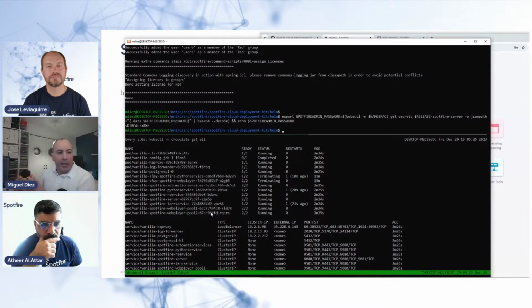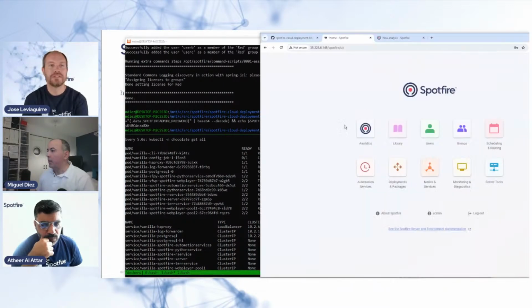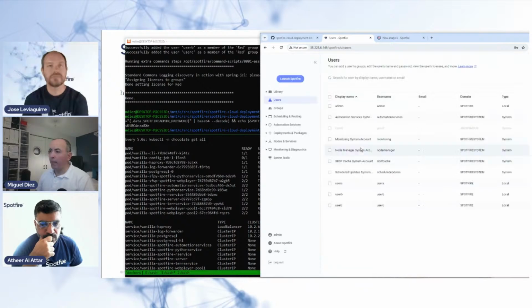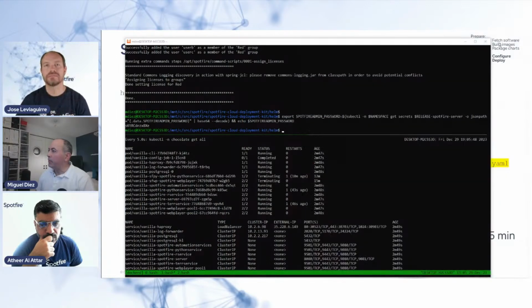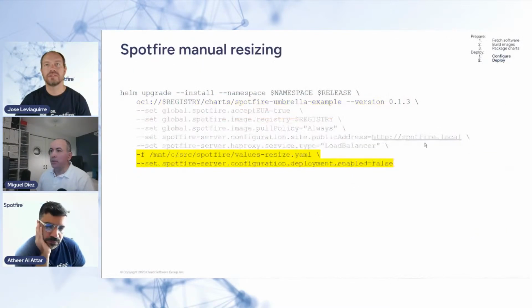Of course, I need to have a big enough Kubernetes cluster, but it's just one command. And in a deterministic way, I can tell what values I want to use. If I go now to users, I can see that those users are created. And in the same way that I have done that, I can resize it if I want,